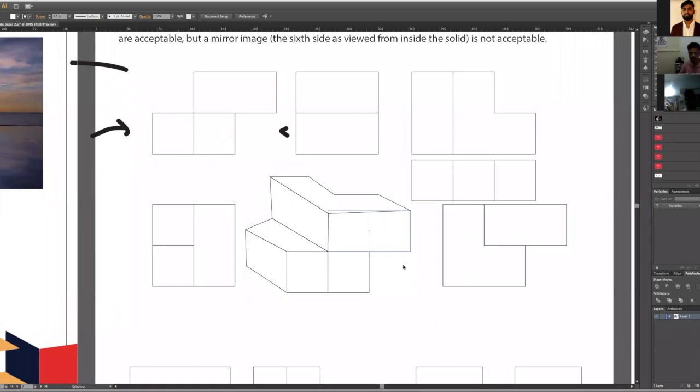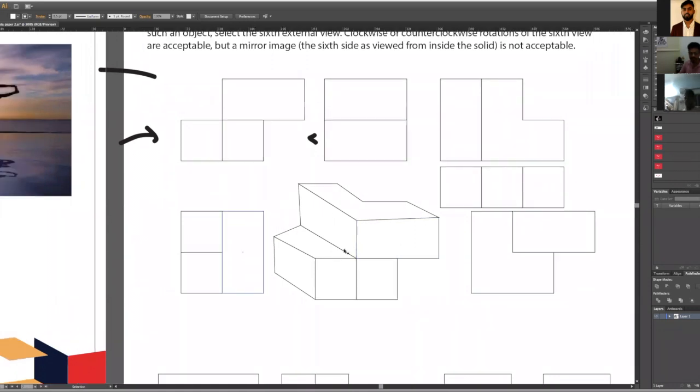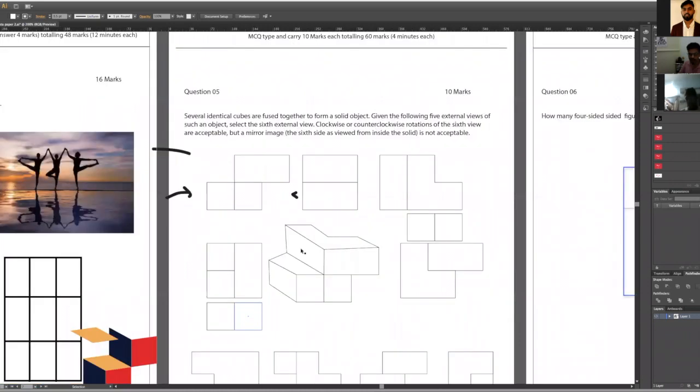Now, we have another view. It is again a length of what? It is the length of 2 cubes. Now, remember the second option.